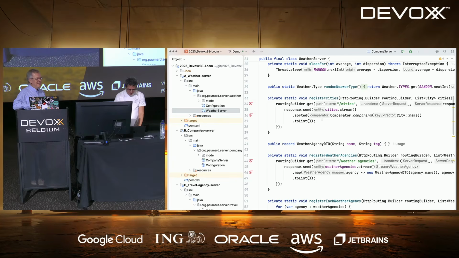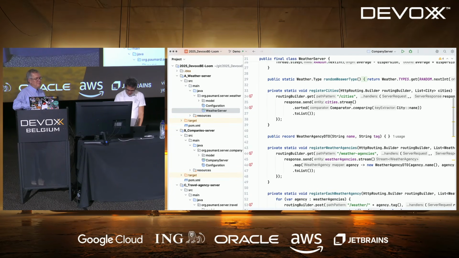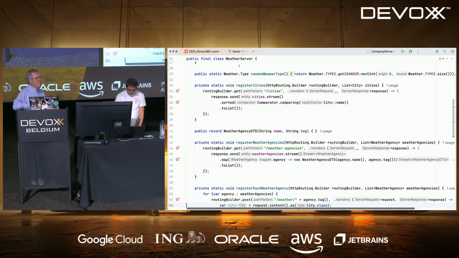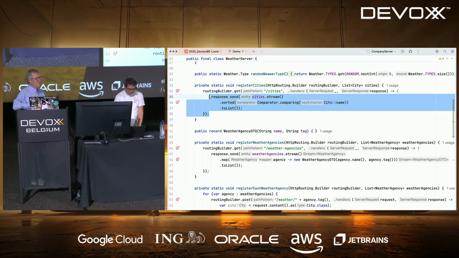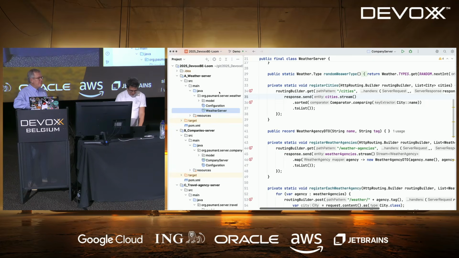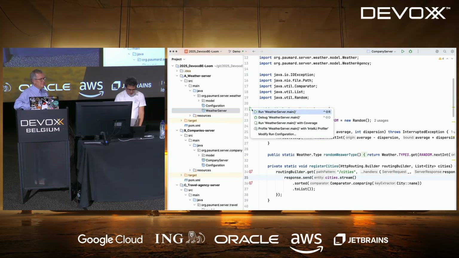It means that for the server part, if I see /cities, I will execute this inside a virtual thread, which is kind of nice. So let's start that server.